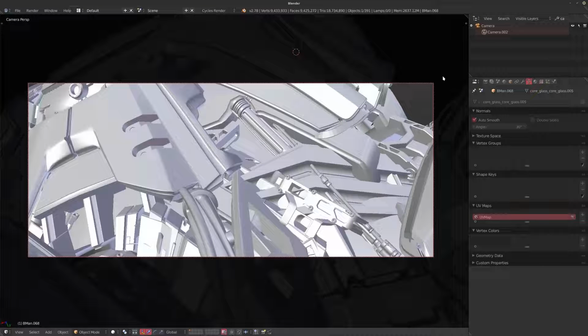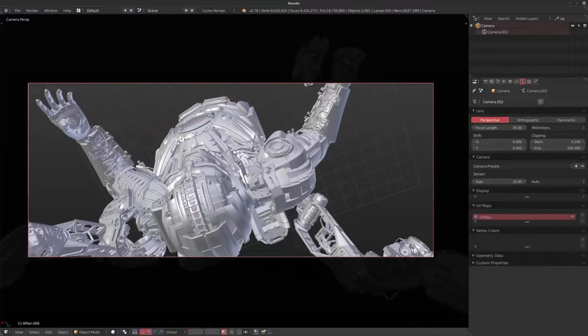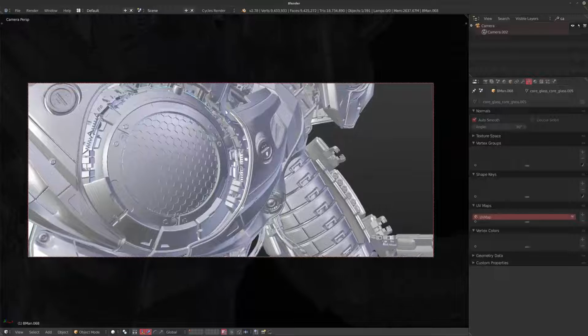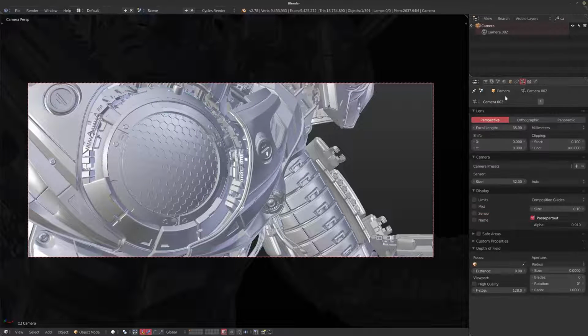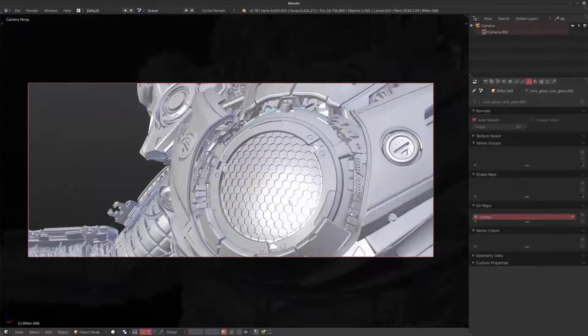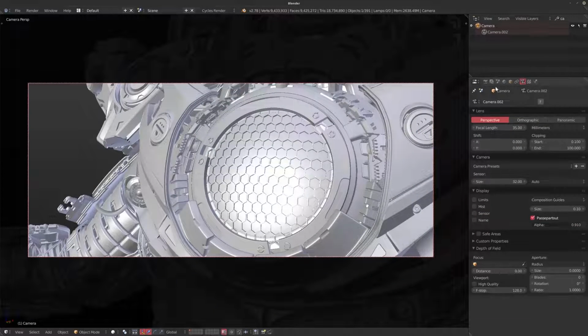Now, a second thing that's really important is if I select this camera again, something that I see happen a lot, especially with people that are just starting out with Blender, is that they use the default focal length of the camera that was created. Now, a 35mm lens is quite wide, so you can't really get to see everything that you want to see. And I'm actually going to pin this over here so we can see what we're doing.